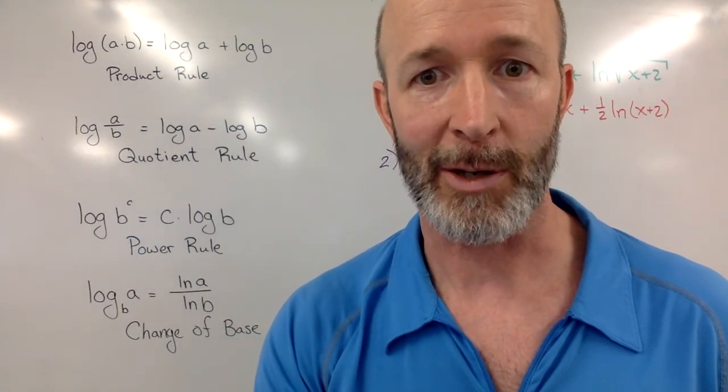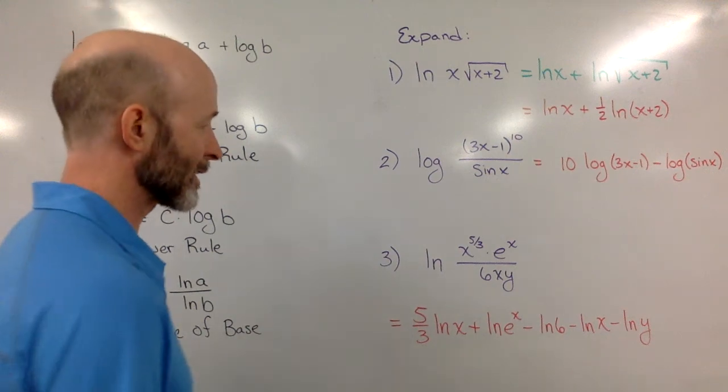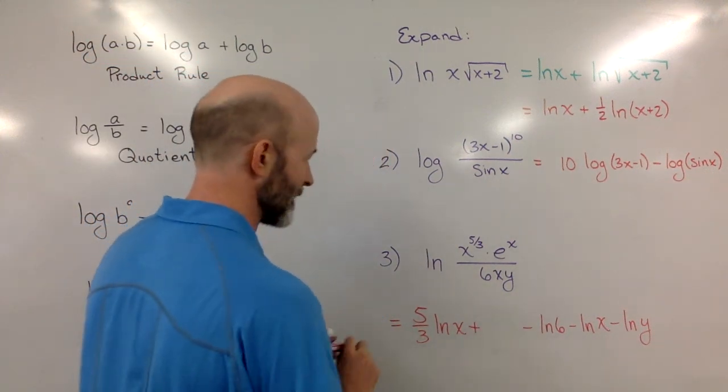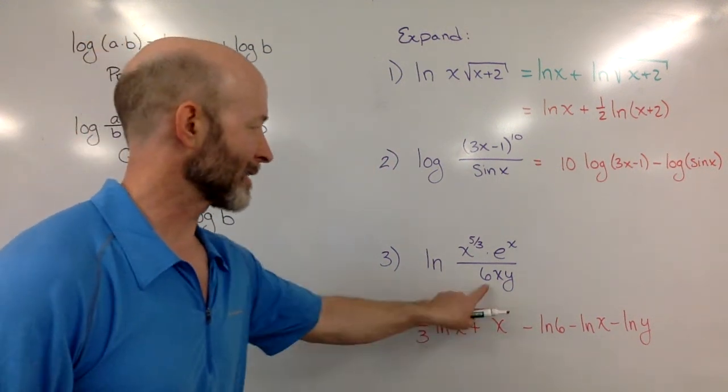Let's try the last two. Look at them, pause, see if you can rewrite them in the simplest form. However, I just added an xy down there, so make sure you include that since I wrote it wrong the first time. Shortcut here, don't forget that in this part, the natural log of e to the x is just going to be x because they're inverses. And finally, dividing